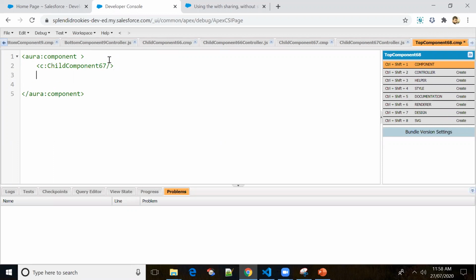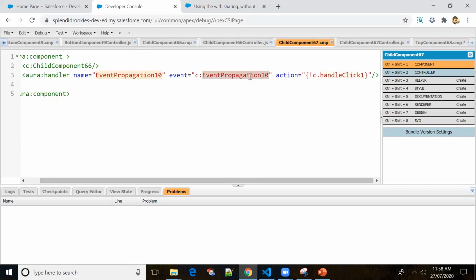Okay, so don't get confused. Lightning button label equal to, sorry, aura handler name equal to, let me copy the event name.